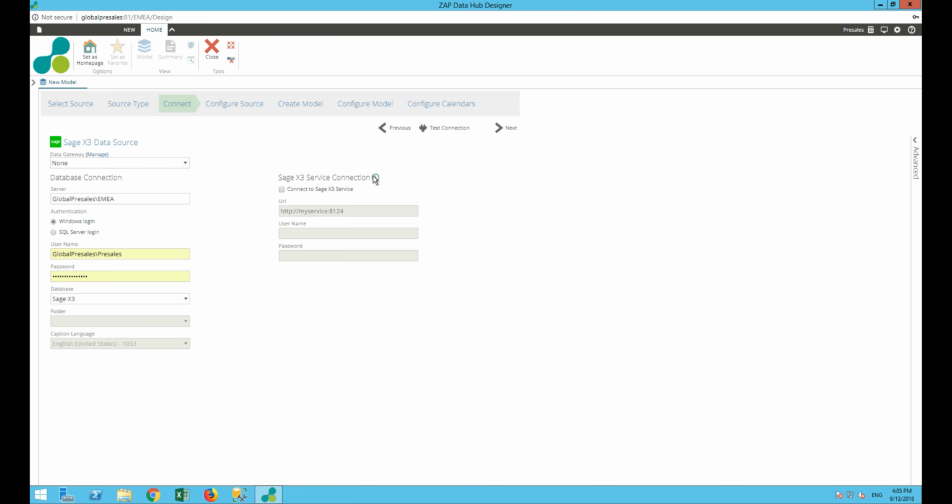This part is not within the scope of creating a data model, but we'll come back to that at a later time. I'm going to test the connection of my model, and all is good. It's recognized it as a Sage X3 data model, database. So I'm going to click on next,